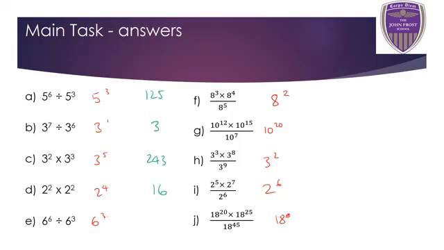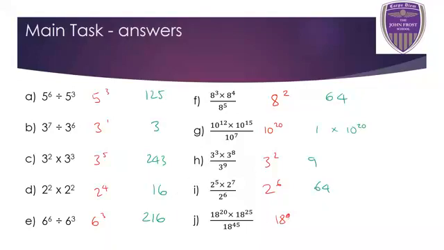6 to the power of 3, 6 times 6 times 6 is 216. 8 squared is 64. 10 to the power of 20, okay, this is literally 1 with 20 zeros. That's all that means, okay, so I'm just going to write 1 times 10 to the power of 20 in standard form instead, because it's not going to fit on my page otherwise. 3 squared is 9. 2 to the power of 6, that is 64. Okay, because if 2 to the power of 4 is 16, look, then double it again is 32, double it